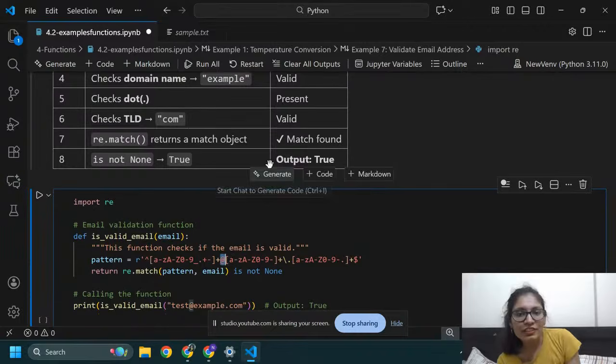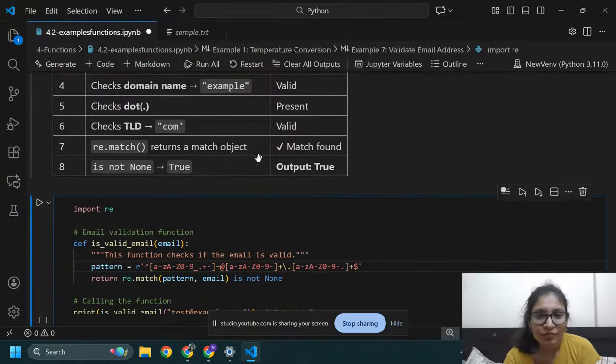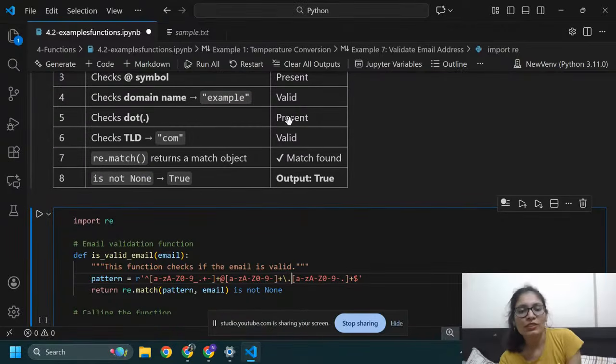Now it will check this part. Here I also have capital A to Z and small a to z and numbers from 0 to 9, and hyphen. So it will check these things. Now again it will check dot. After dot, here dot is present.